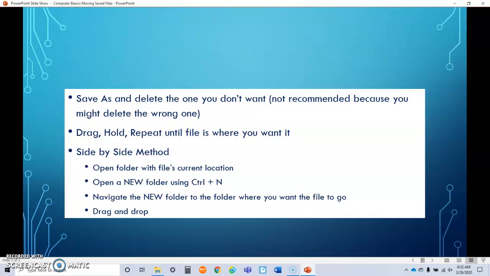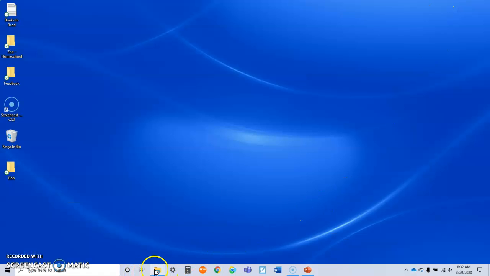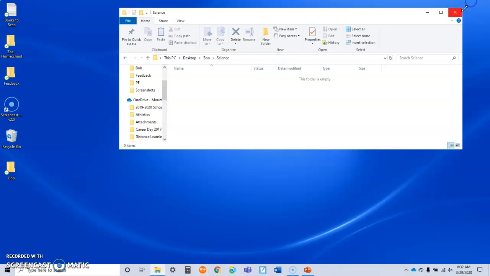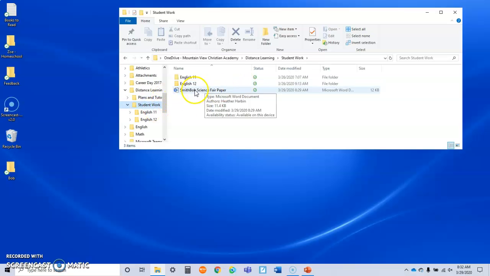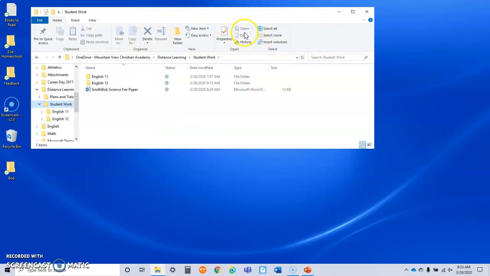We're going to open the folder with the file's current location. We'll then open a new folder using these buttons, Control-N, so that our two folders are side by side. We'll then navigate the new folder to where I want the file to go, and then drag and drop. So let me explain that here and demonstrate that for you. So we're going to open a folder here and go to the file's location. So currently Bob's Science Fair paper is here in student work. I'm then going to open a new window and new folder here by hitting Control-N,